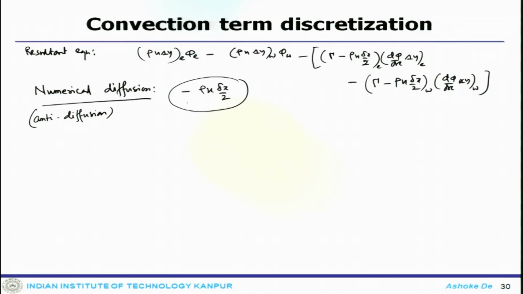Now, the predictions obtained using the downwind scheme are found to cause clipping of advected profiles. In fact, solutions to the 1D convection diffusion equation obtained using this particular scheme can be more oscillatory compared to that of a CD scheme. So, we will stop here today and take it from here in the follow up lectures. Thank you.